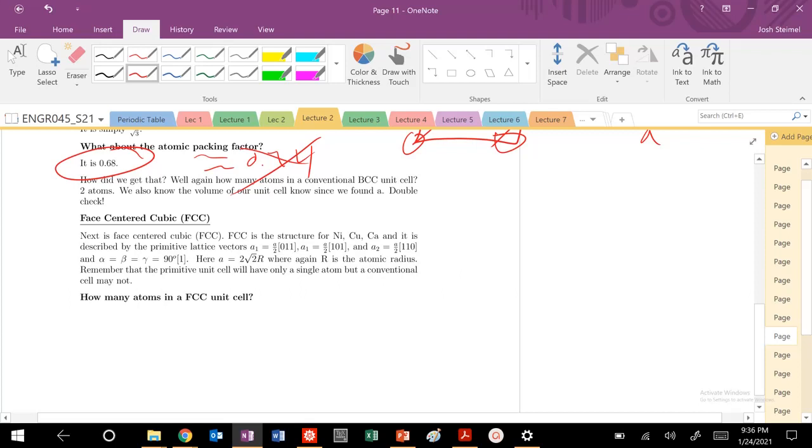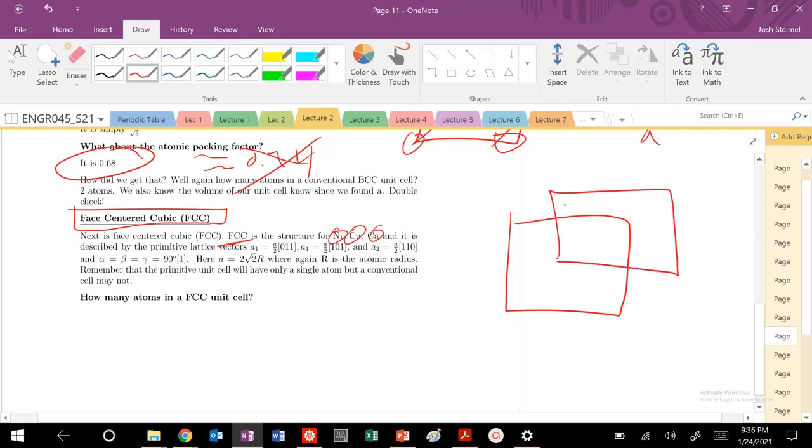Cubic, we've done body-centered cubic. Now we're going to get to face-centered cubic structures. Again, a very important structure for nickel, copper, calcium; it describes a lot of different materials. But face-centered cubic is a little bit different from the other ones, and it's kind of denoted by its name,